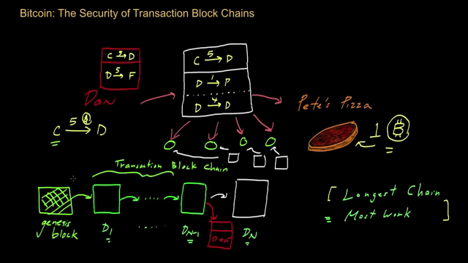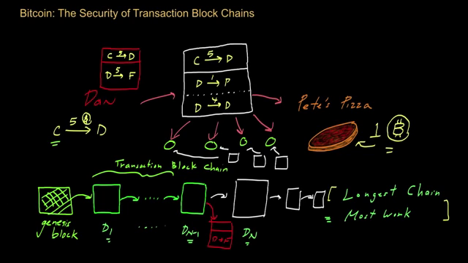And keep in mind that because this chain is out there, other nodes may have started to build on top of it. Every 10 minutes, somebody's adding to this chain on average. And so there's this longer transaction blockchain out there, and Dan wants to create his own fake chain. In order for that chain to be believable, it has to be the longest chain out there, and he has to basically do all these proofs of work to create a chain that is longer.